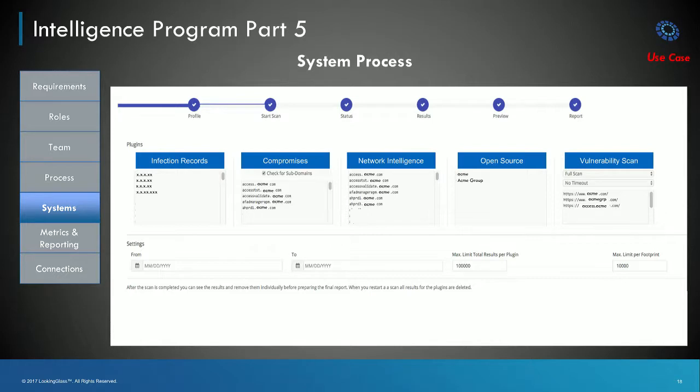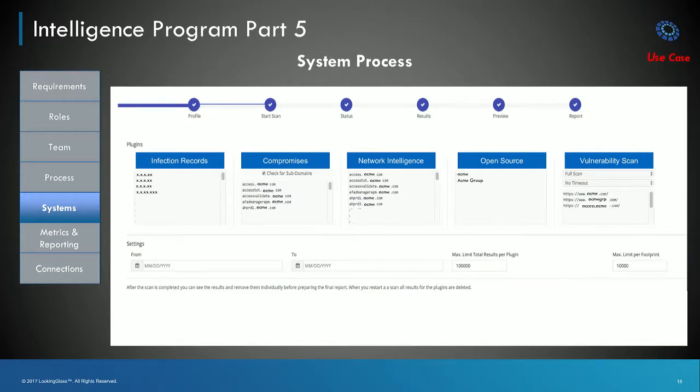And here's an example of the process and the systems in effect. So you can see on the top we have almost like a timeline. It's not actually a timeline. It's a process where we're able to gather and step through the data collection and analysis process, and you will